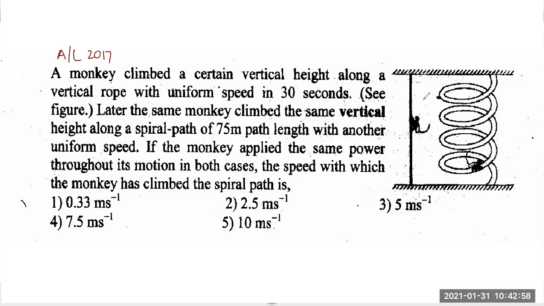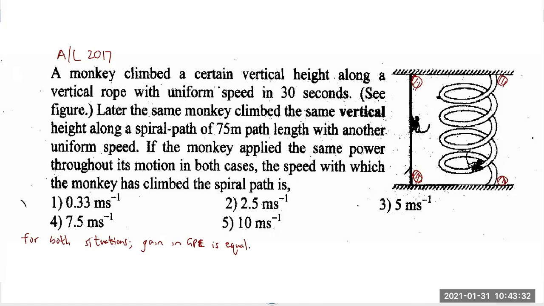Okay. Now, first of all, in both the situations, the monkey was at the ground initially. The monkey, I'll just draw a circle. Monkey was at the ground, and finally, the monkey has reached this point, the ceiling or whatever. So for both situations, remember what is equal. For both situations, gain in potential energy is equal. Hope you can understand that. Gain in potential energy is equal, right? Because